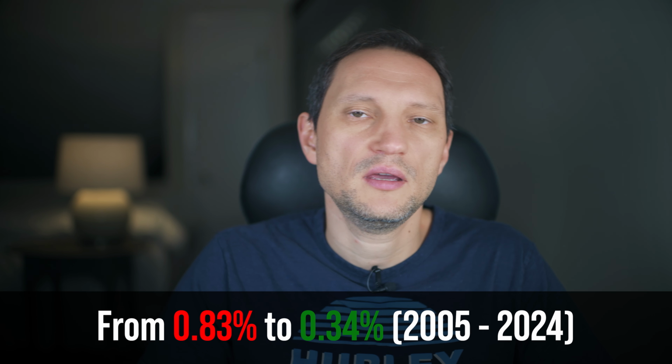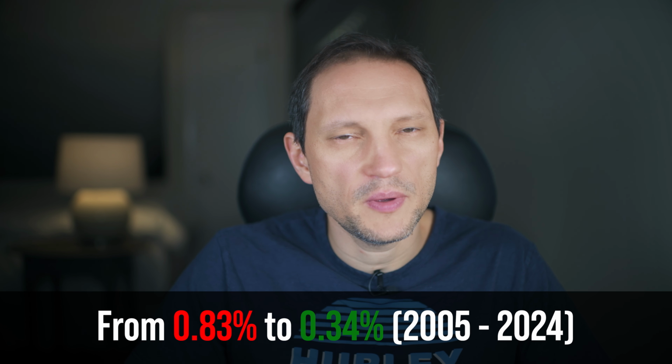long-term costs. Thanks to Vanguard and John Bogle, the fund fees have been going down. According to Morningstar, over the last 20 years, the fund fees went down by 2 times, and as a result, investors saved billions of dollars. Still, there are many funds out there that charge 1% expense ratio, and according to Morningstar, Vanguard's funds charge on